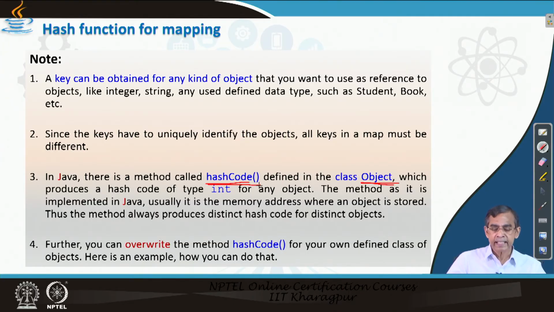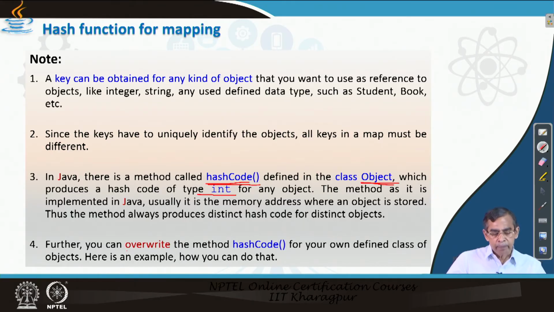Now this hash code gives an integer value, maybe a long value. It is essentially a memory address where a particular object is stored. So this hash code is a very clever solution defined by the Java developers: if you give a key value for any object, or a set of key values, to this hash function, it will calculate a unique address for that object.